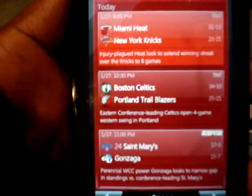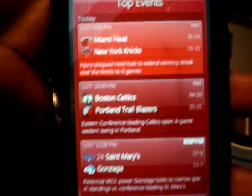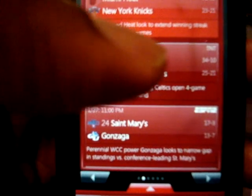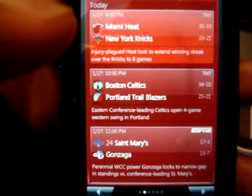Now, if you go to the tab, again, you can customize what cards show up. I have top events. What's nice about them is the fact that they show you the top events, irrelevant to who's your team or not, and it gives you one line of information or a really short description of something pertaining to the